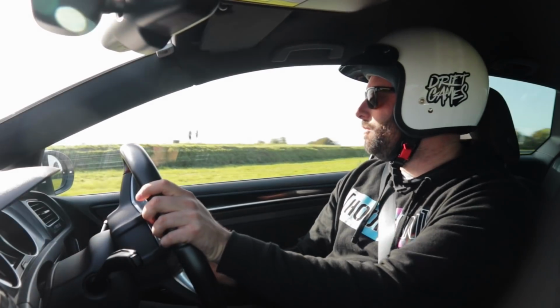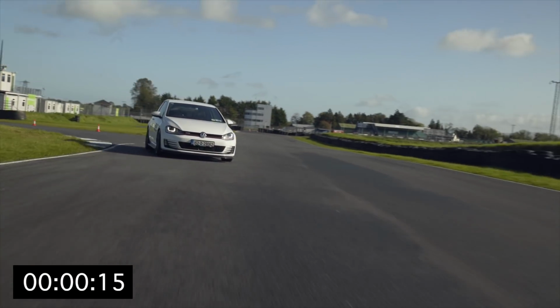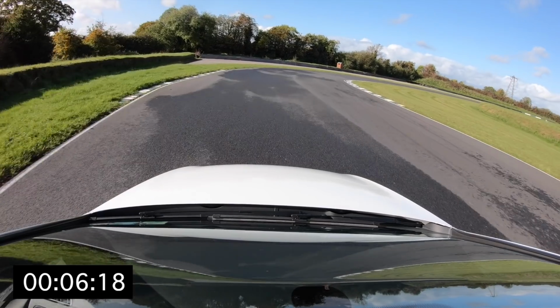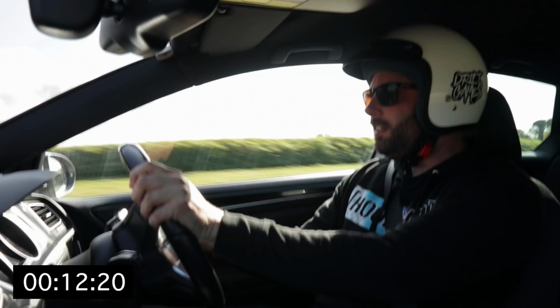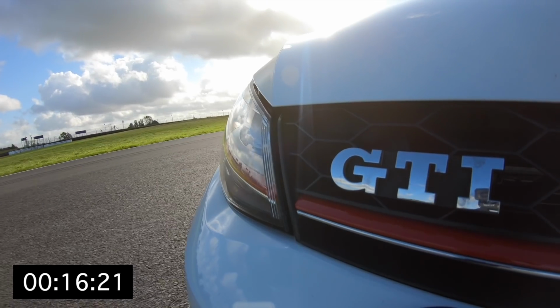Here we go. Rolling up to the start line now. Away we go. Second gear, into third gear. Hard on the brakes, little turn in. It's a little patchy here in Mondello, but those tires are gripping up perfectly. Take that wide line out to the edge of the circuit. Third gear, fourth gear,